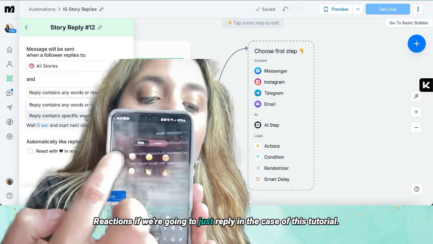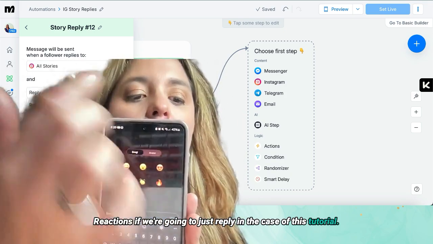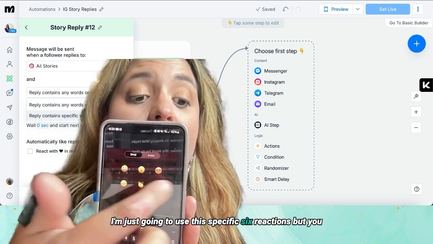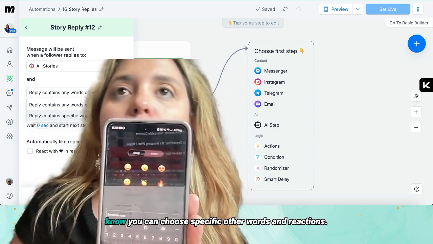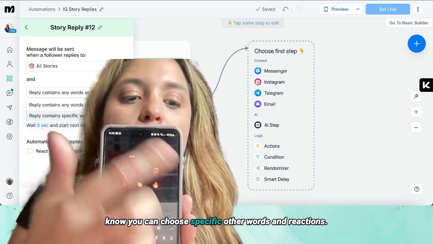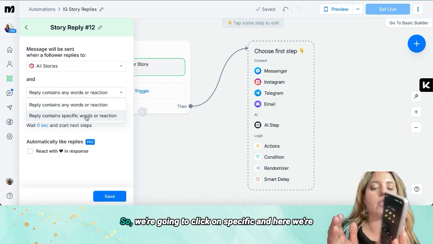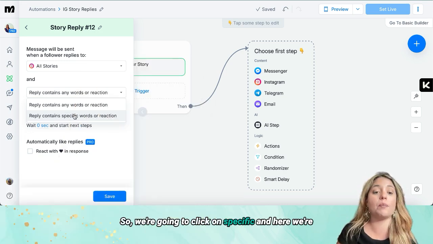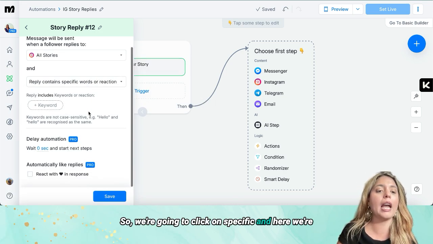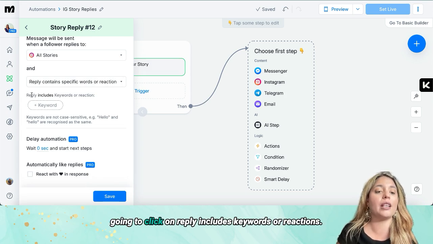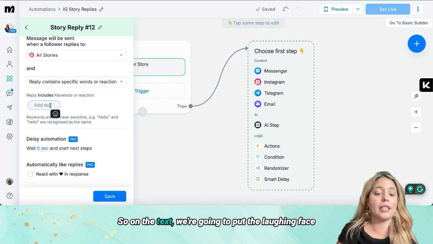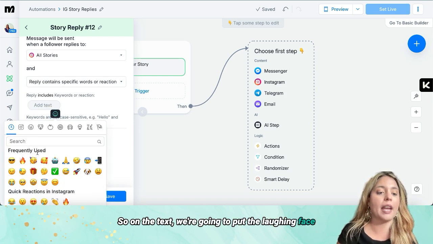In the case of this tutorial, I'm just going to use these 6 reactions, but you can choose specific other words and reactions. So we're going to click on specific, and here we're going to click on reply includes keywords or reactions. On the text, we're going to put the laughing face,